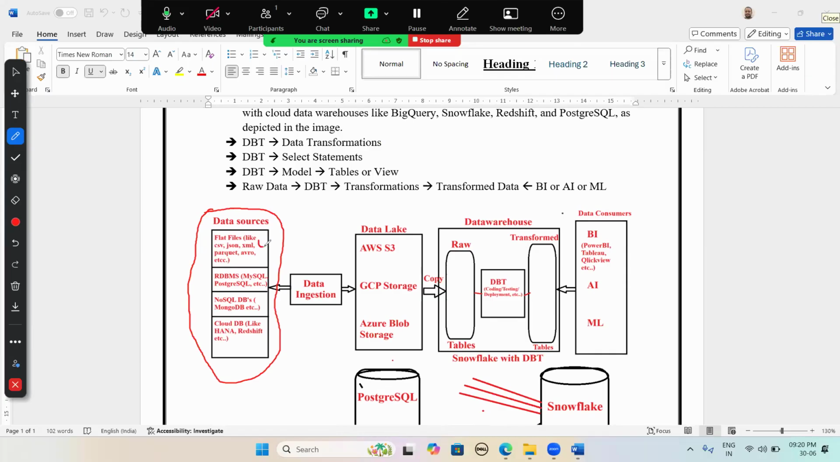Sources may be file systems like CSV, JSON, XML, Parquet, Avro. Source may be RDBMS like MySQL, PostgreSQL. Source may be NoSQL databases. Source may be cloud systems. Source may be cloud file systems. The data ingestion team will connect these data sources, then they will write data into the data lake